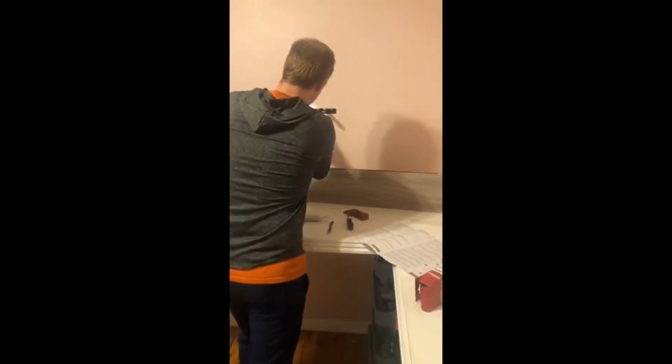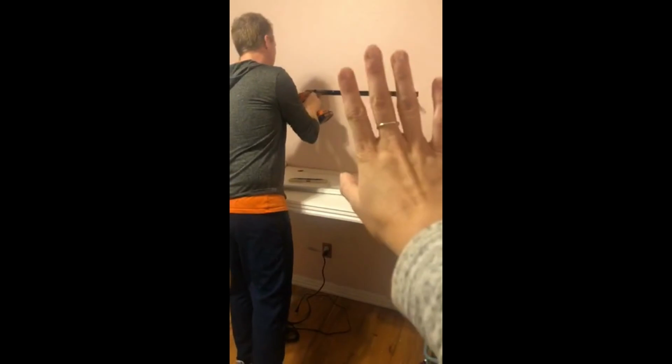He's putting in a set of floating shelves there. And then there's going to be matching floating shelves over here. So for easily accessing,